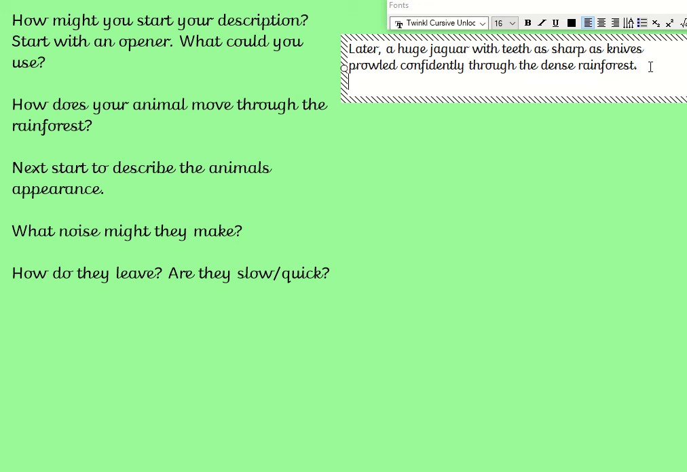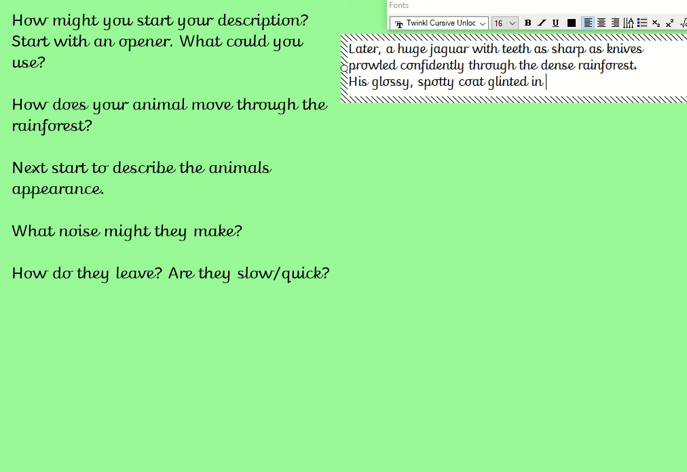Okay, I'm going to look back at my plan now. So I've talked about there how he moves. Now I'm going to start to think about his appearance. Okay, so I'm going to talk about his glossy spotty coat. Remember, you should have lots of phrases on your plan already, so you're not having to start all over again. His glossy spotty coat,